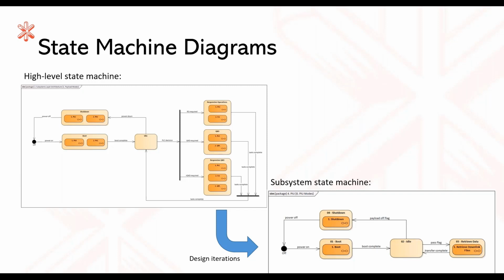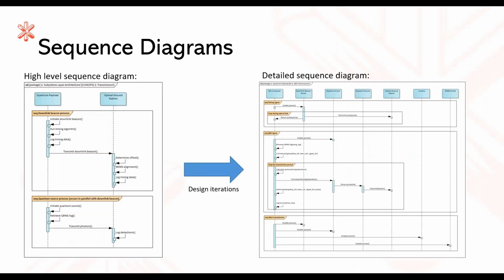The subsystem was then created given modes, and then those modes were given their own sequence diagrams, which is shown here. Again, starting with a very high level sequence diagram. These basically just show the behavior of the mode and exactly the processes that occur during each mode. And then obviously we derive that into more detailed sequence diagrams, which could then be used by software engineers to go away and develop the actual software to run each mode.